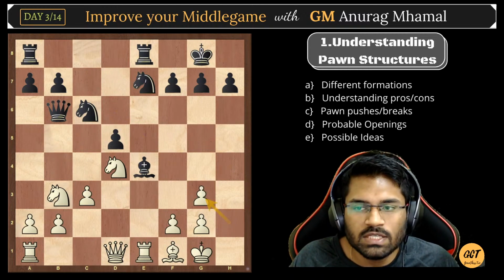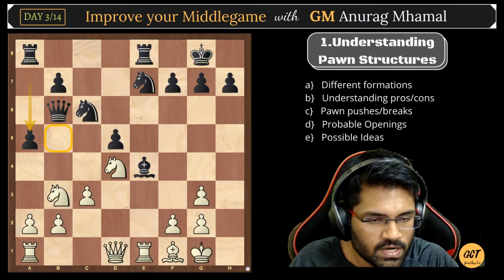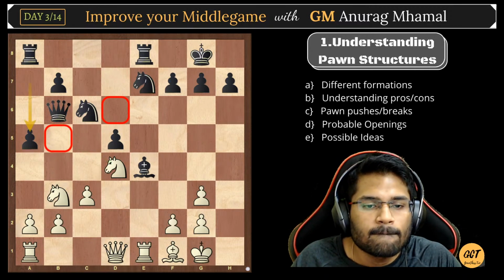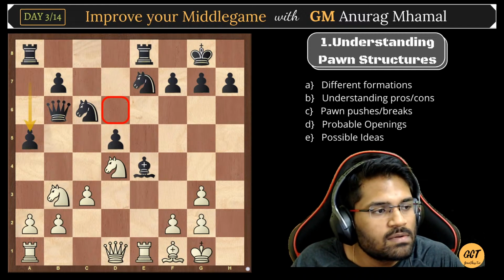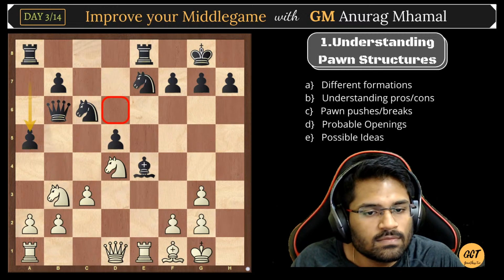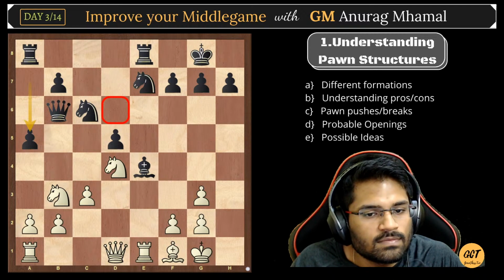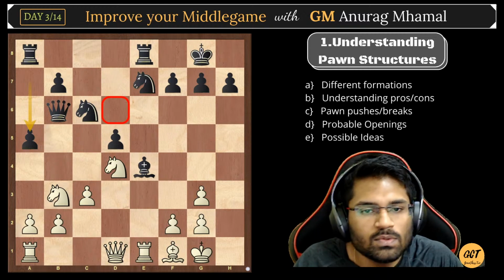Bishop into g3, h into g3, a5, and this time what is the move? It's definitely not knight b5 because there is no longer a bishop there. So what is the move that we can go for? This time white used some of his tactical resources which are also available to